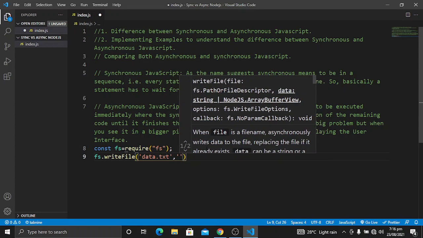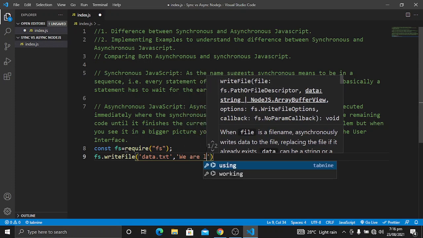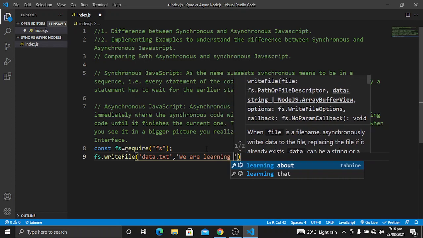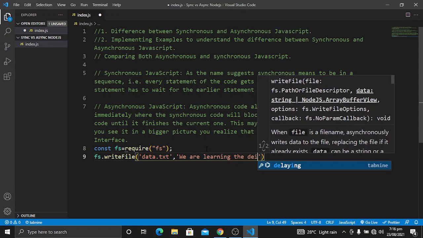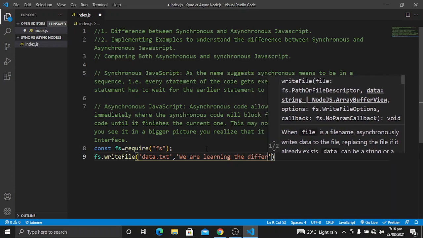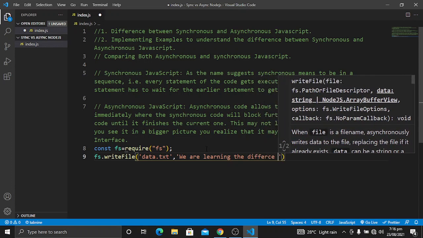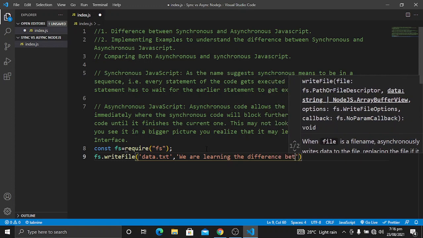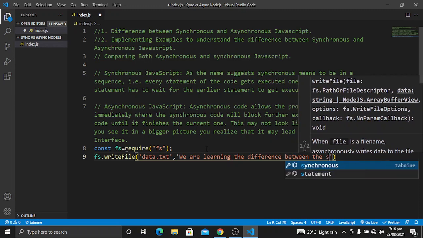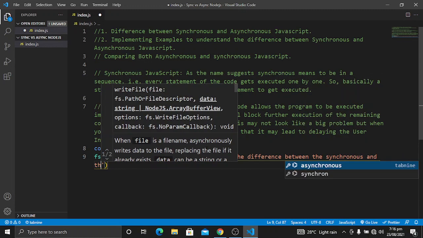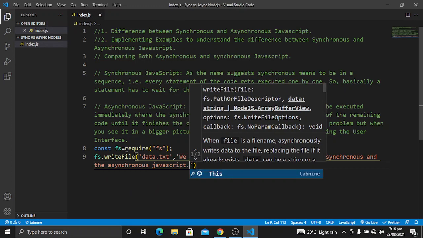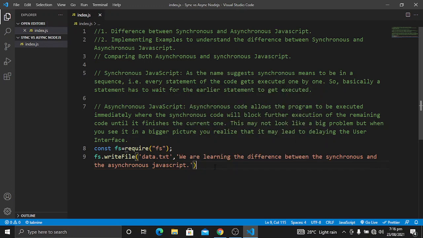So let's give it the data: we are learning the difference between the synchronous and the asynchronous JavaScript. So let's give this data to the file.